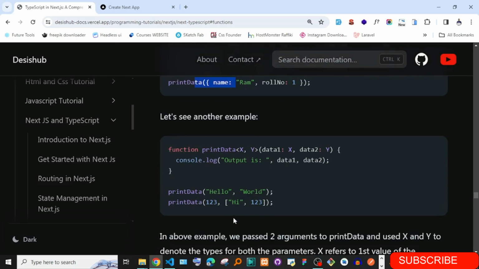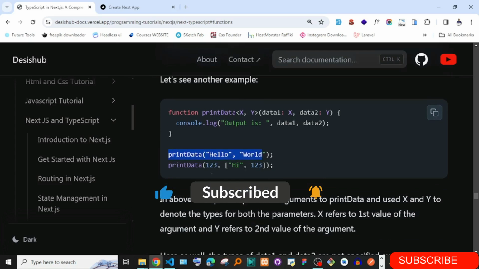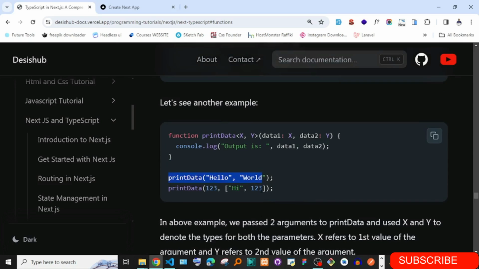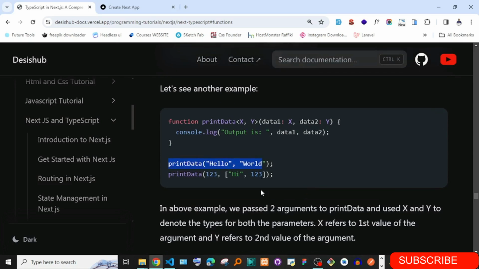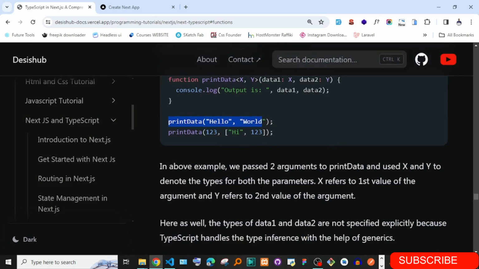Okay, so you can also look at another example whereby you have data still, but you are passing in this time x and y, and you can have data 1 as x and data 2 as y, and this still works the same way. So what I can just tell you about generics is that you are trying to generalize a data type called T. That's why you just use T, and then when you pass it, it is going to be passed down the road. Okay, so you're just going to be seeing it when we come to things like useState and others. We are going to be looking at more details.